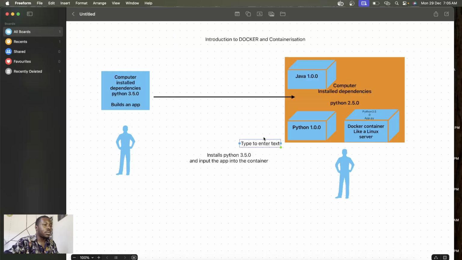So what are the steps that we took? We created a Docker image, to build Docker, and created a Docker container.